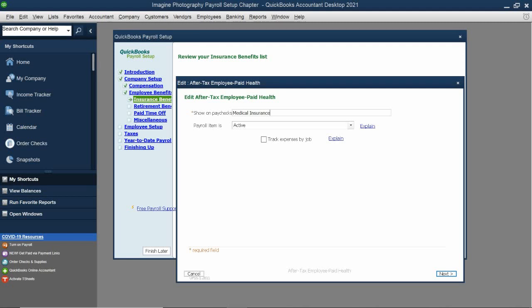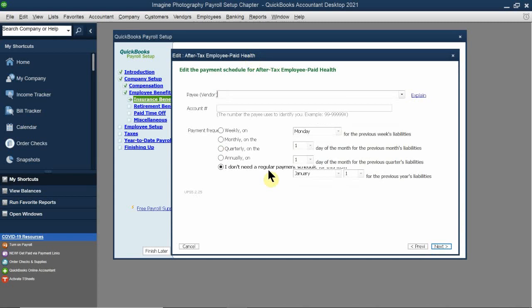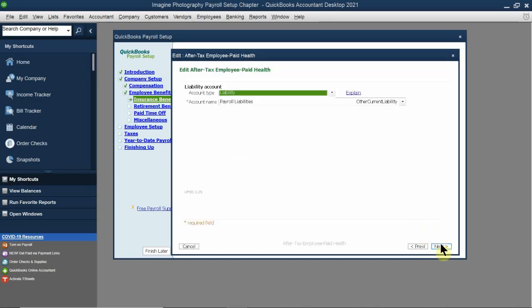You don't need to have anything there. Okay, and I'm going to click next. Once again, we already saw this window. No, you're not going to have any payment scheduled just yet. And you're going to click next. And then now this is where it asks you,